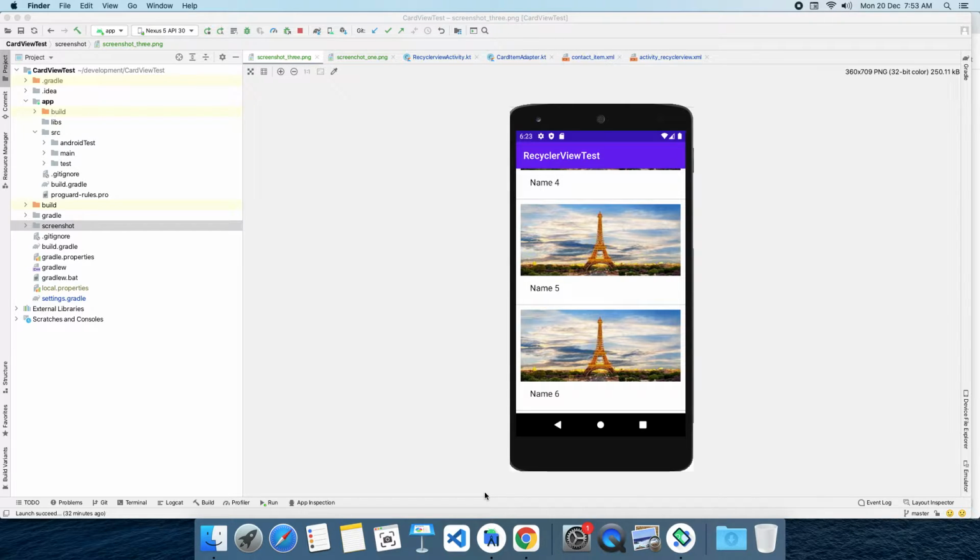Now card view is a view group. How is it going to align all of its child items? Here card view will not change the alignment of its child items. There is a slight difference between view group and card view. Card view helps in creating a rich look and feel for the user. It is not going to change the alignment of its child items' positions.